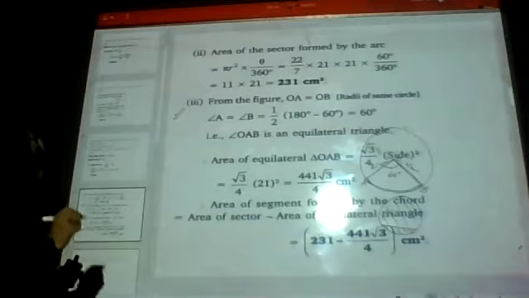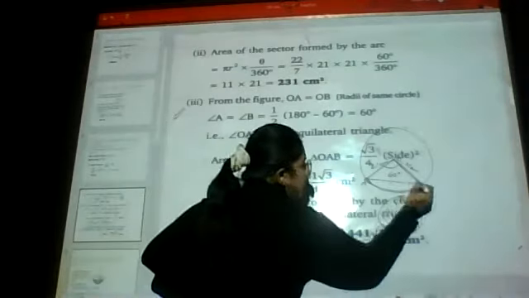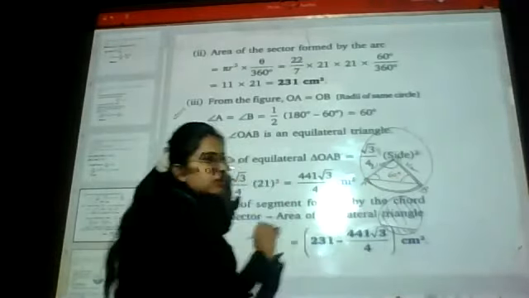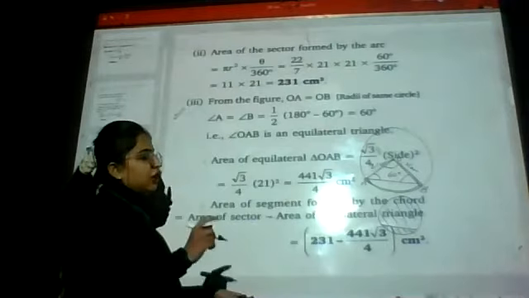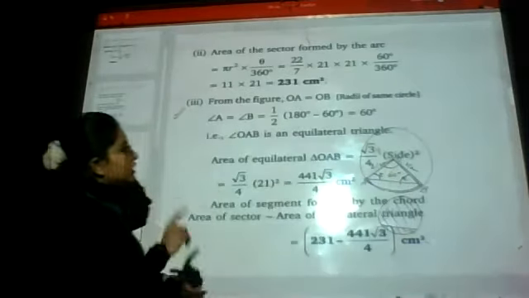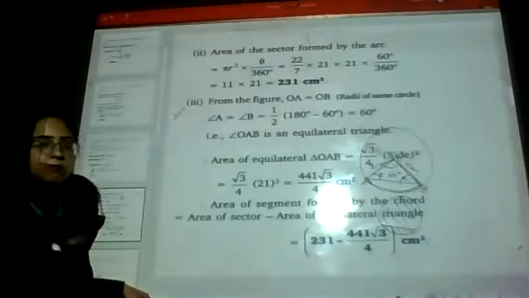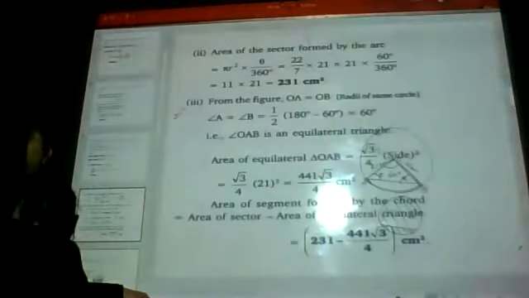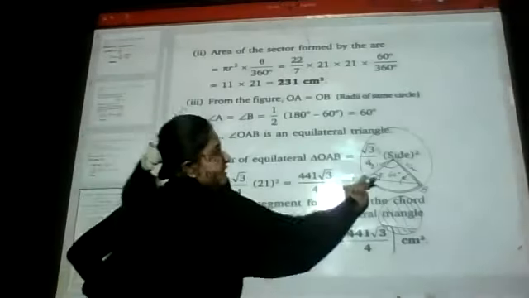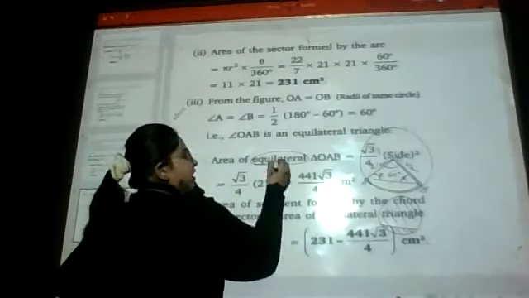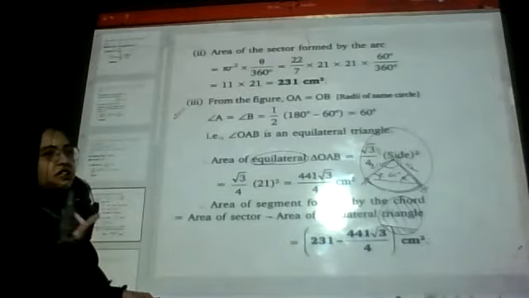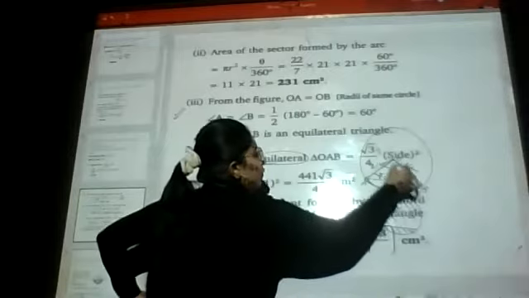If both are the radius of the circle, if I make a triangle over here, I can say that if OA equals OB, then the angles must be equal, right? Angles opposite to equal sides are always equal. So this angle would be equal to this. If I take this angle as x, this will also be x. So 60 plus x plus x would be 180 degree, because the sum of all angles of a triangle is 180 degree. So x would be 60 only. So this triangle must be an equilateral triangle, right? If all angles are 60 degree, then the triangle becomes equilateral.